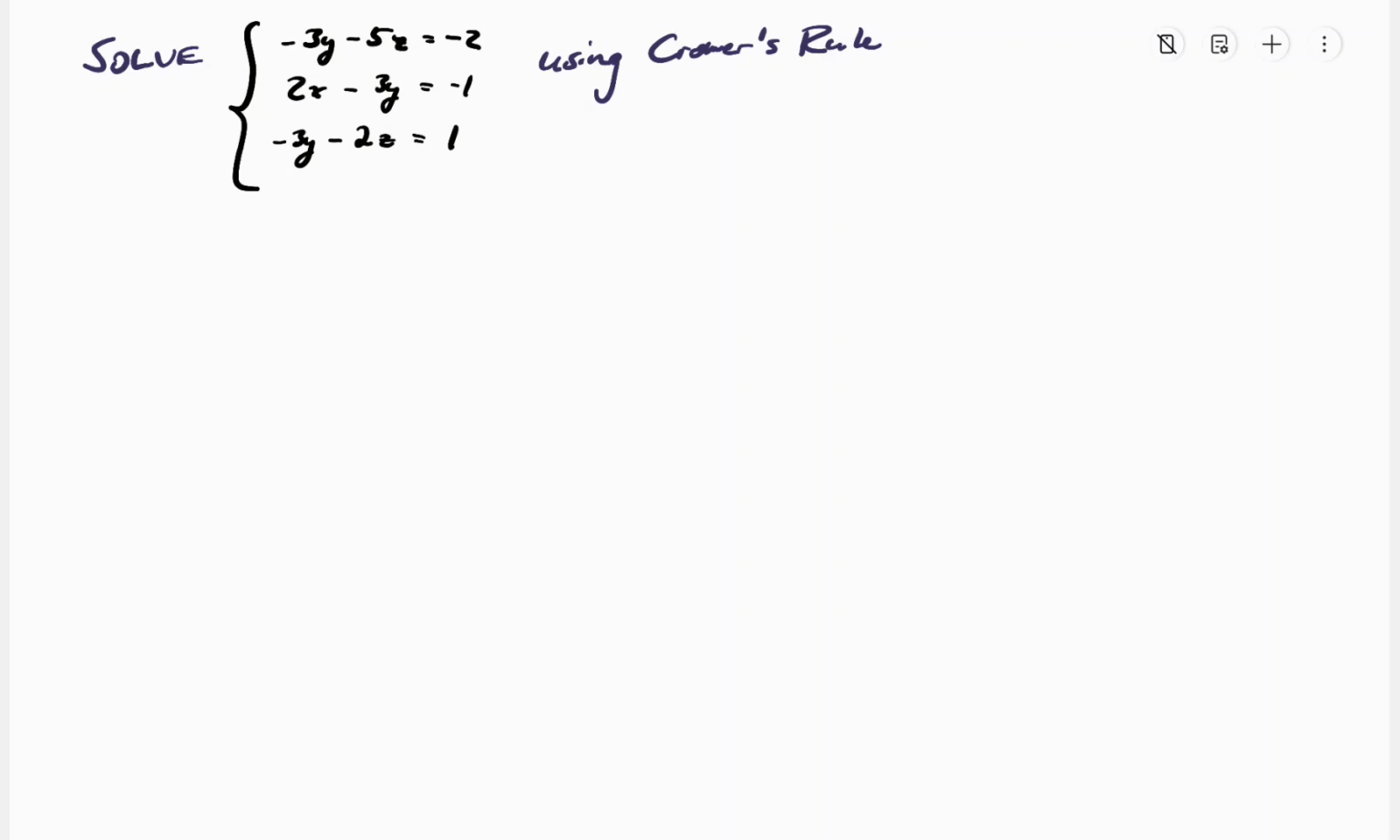So our job now is to find x, y, and z. Solve this linear equation using Cramer's rule. So our first step is going to be to rewrite this system of linear equations in matrix form. So we're going to take the determinants, not the determinants. We're going to take the coefficients of